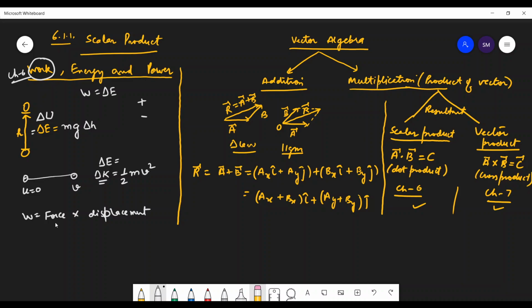So this is force applied by the boy, and this is angle theta. Direction of displacement is this. This is the direction of displacement. So whole force is not used for the displacement. If this is the displacement from this point to this point,